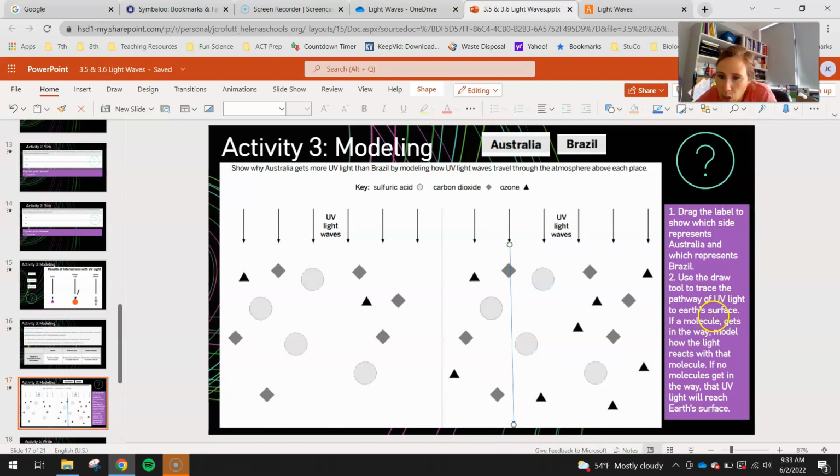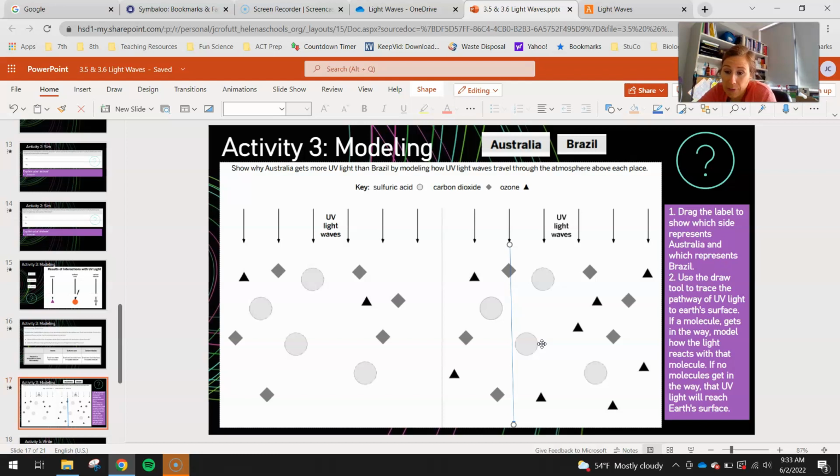Okay, so if a molecule gets in the way, model how the light reacts with that. So if it reflects, show that arrow reflecting and bouncing back up. Okay, if it transmits, that arrow is going to go straight through. And if it is absorbed, then that arrow is just going to stop at that molecule. So again, you might need to review back on slide 15 to see what happens for each of those 3